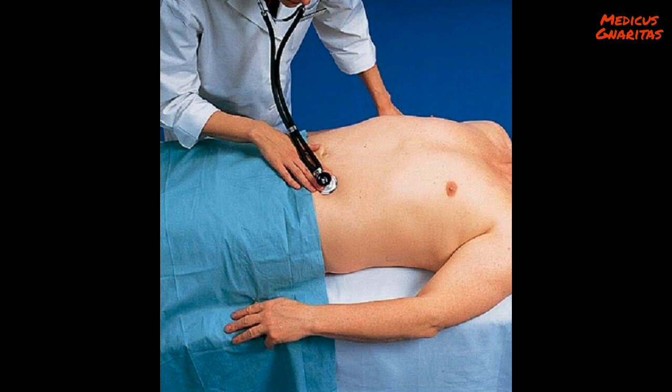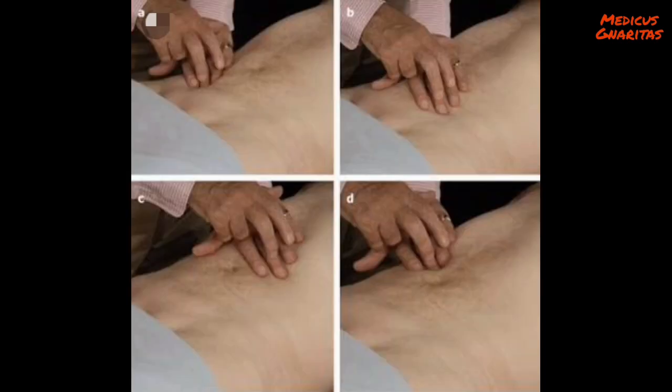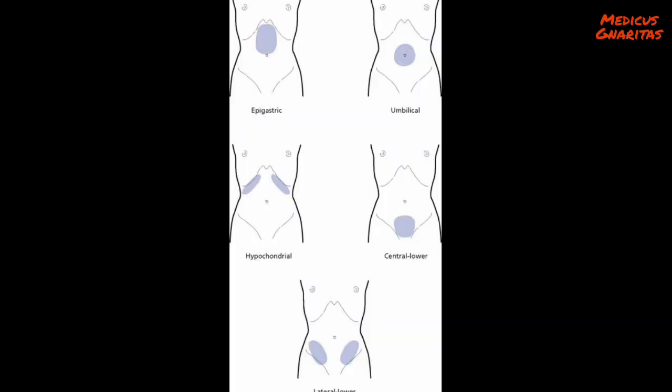The purpose of auscultation is to determine bowel sounds. Normal finding is gurgling bowel sounds every 5 to 10 seconds. Percussion. This is to determine the size and location of intra-abdominal organs. Normal findings are tympanic sounds over air-filled stomach or intestines, and muffled sounds over fluid-filled or solid organs.